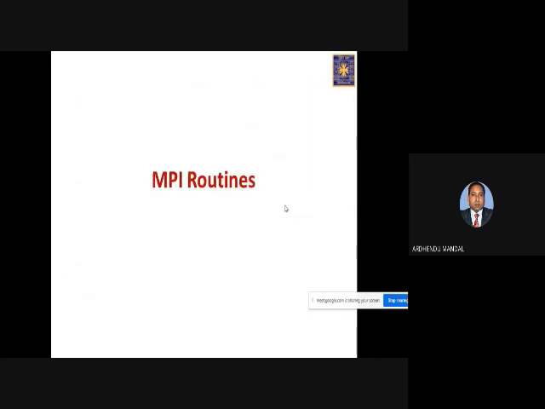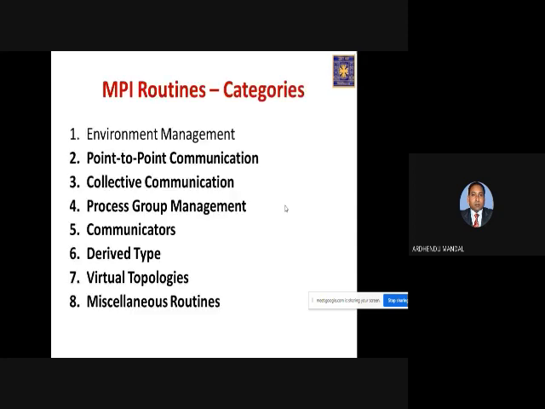Now, MPI routines means the libraries that we require to do this kind of programming. So we require an additional set of functions which are not readily available in C or C++. For example, we will be following C only for writing the programs, but with additional features that are available in the MPI header file with the library functions.